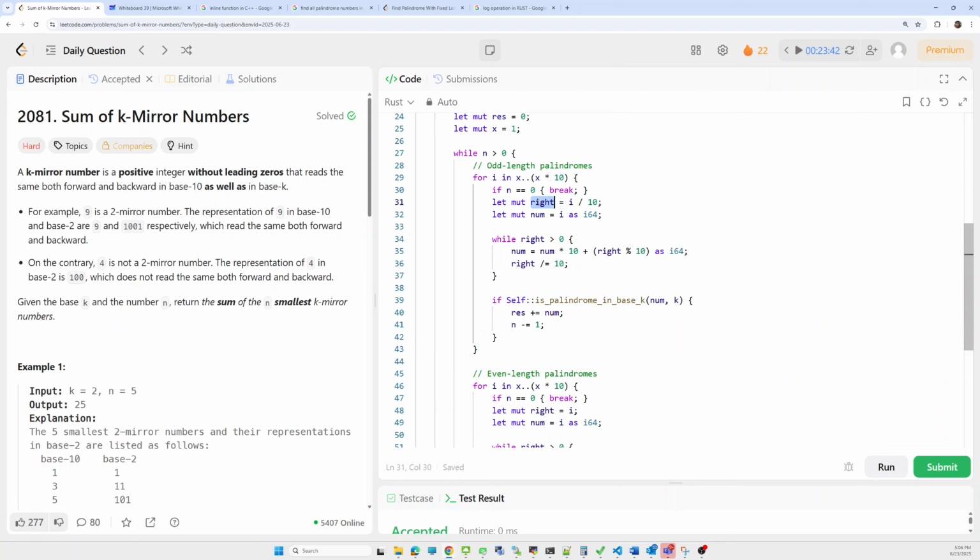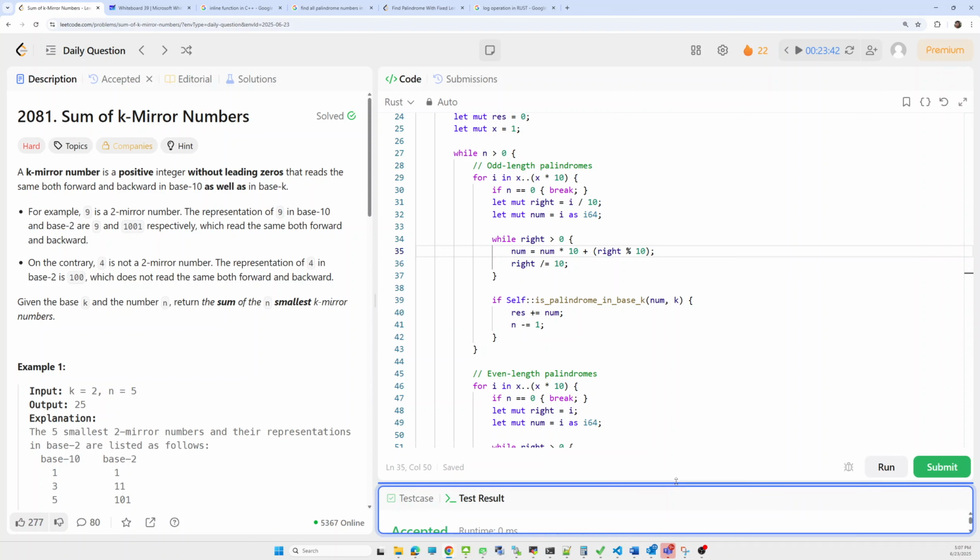Here we take the right value and the num value. Both are initialized. Num is initialized as an i64, and the right value is initialized here. We are doing the multiplication operation, and as right is of type usize, that's why we need to take it as an i64. But let me show you that if we remove this condition from here and build, it will give us an error.